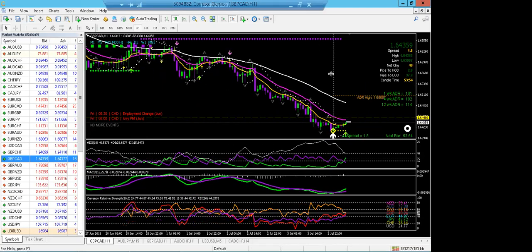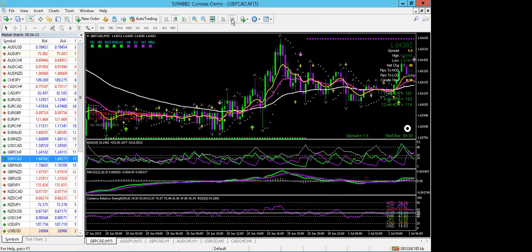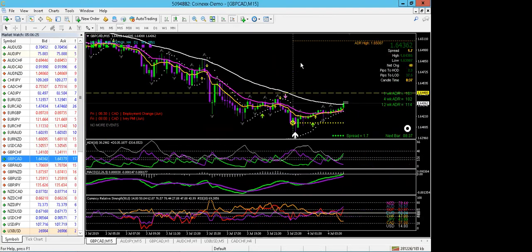Let me see what you're saying. Looks like you had a flip-flop trigger on the 15-minute. Yeah, I could see this as a flip-flop. Well, obviously, it already went to its 15. It already went its 10 pips, though. That's the thing. But like I was teaching, for the flip-flop method, if it breaks another fractal, you can go for another 10 pips, especially if you're using a lower spread broker